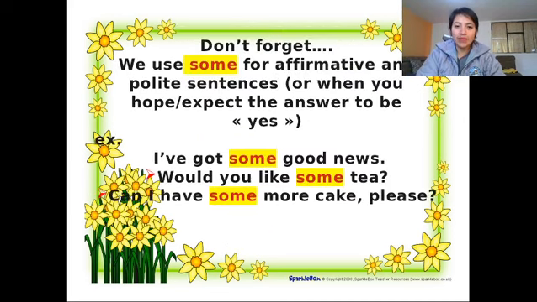Okay, now let's see. Don't forget, my dear students, we use some for affirmative and polite sentences, right? Or when you hope or expect the answer to be yes, okay? Now, here we have some examples. For example, I've or I have got, do you remember? Present perfect. I've or I have got some good news. As you can see here, this is a positive